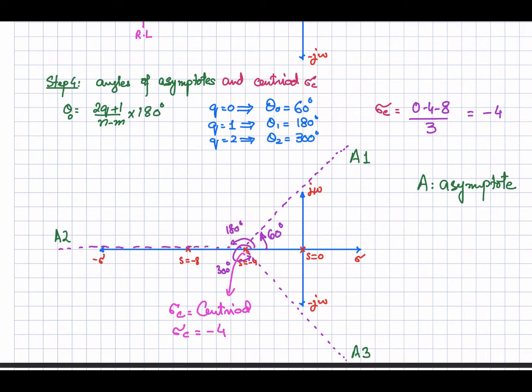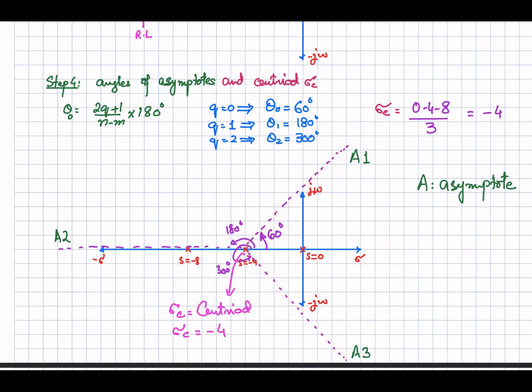And the third asymptote is at the angle of 300 degrees that we calculated over here. So this is the angle of 300 from here, and if we look in this direction, this will be 60 degrees. So the root locus is always symmetric about the real axis. If you have one asymptote over here, there will be a mirror image of that one, so you will be having an asymptote in the lower s plane as well.